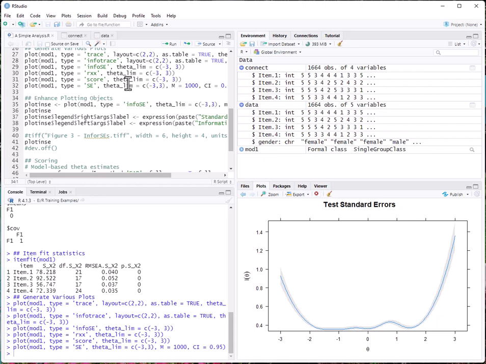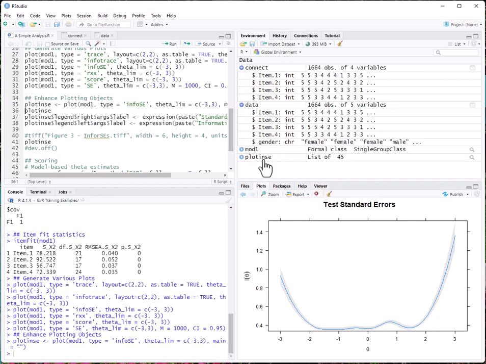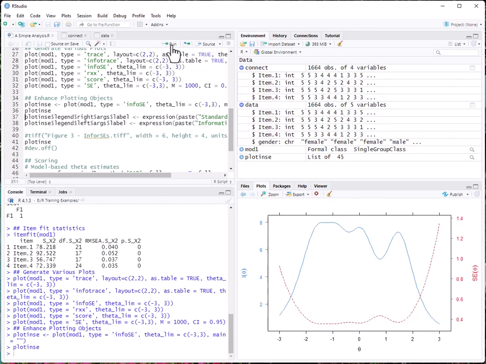So let's just do that. And you can see that it gets created over here, and then we can take a look at it by just clicking on it. So that's what we get. And you can see that we have information conditional on theta and standard error conditional on theta. So let's say we want to change those and give them titles that are more